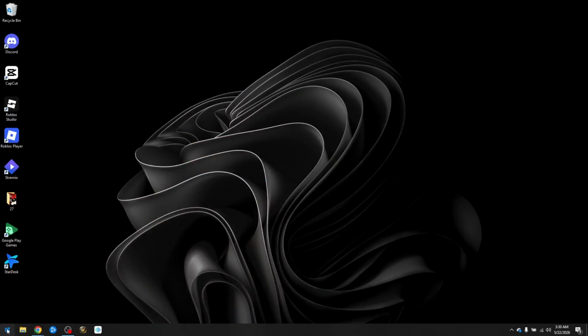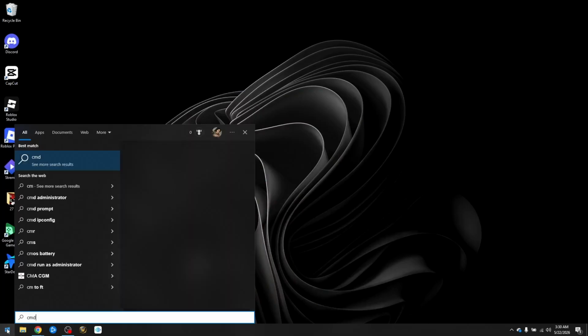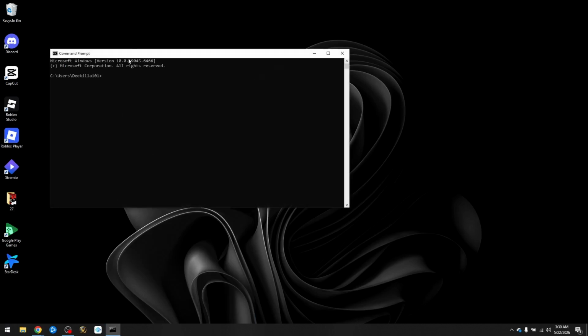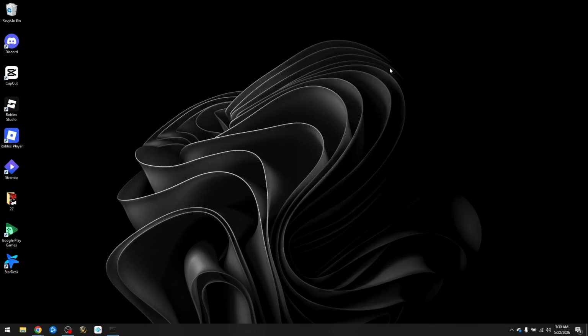Pull up your Windows search by pulling up your CMD. Then you're going to have to reset all the IP configuration that you have for your current PC to reset the whole network. So simply type in ipconfig /flushdns. And then once you hit enter, try to restart your PC